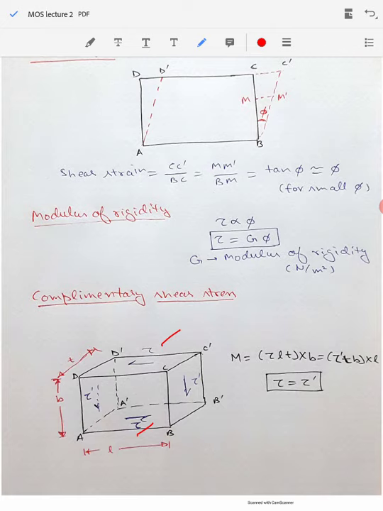this rectangular parallelepiped. Similarly, there will be another force acting at the top of it, which will again be tau into L into T. So these two forces will balance each other. The force balance is there, but because they are acting like a couple, they will produce a moment whose magnitude we can find by multiplying the amount of force, tau into L into T, by the distance B, the width. So tau into L into T into B will be the amount of moment that is being created.